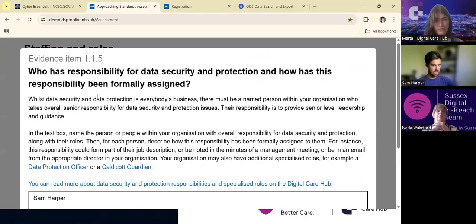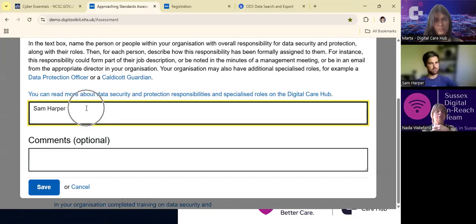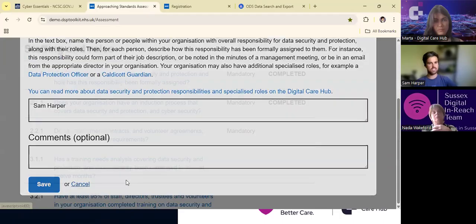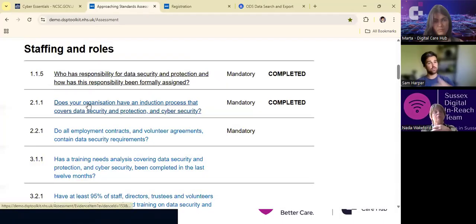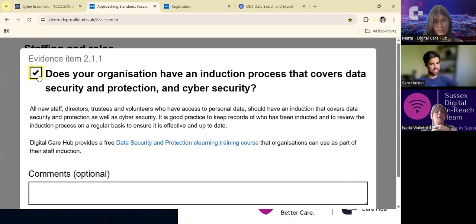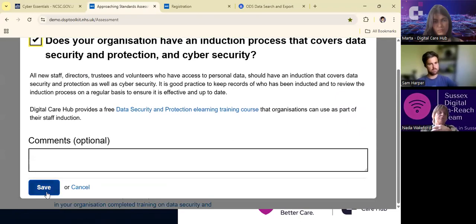So for instance, on this first question, I would need to put my evidence in this first box, not in the comments. On other questions, it will be a case of ticking. There'll be a tick box you'll see, and you would tick the box. And on others, it will request you to upload a document by clicking on a secure link. So as you can see, this one I would tick the box. I don't need to put any comments, and just by ticking that box and saving, that will then complete that